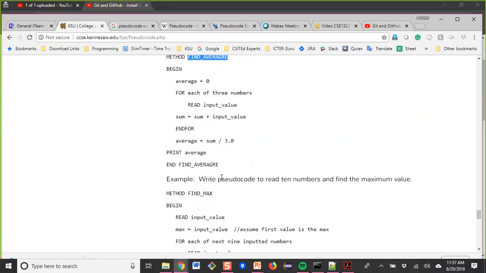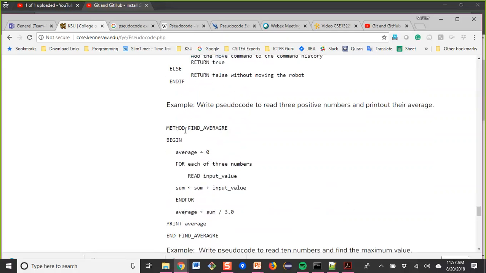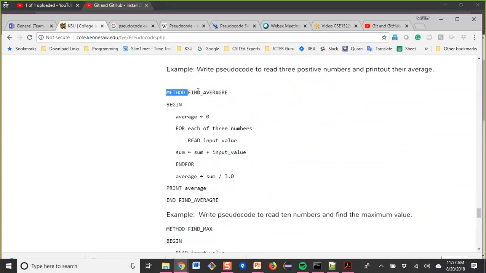For instance, if you name a block of pseudocode by a method name, you can reuse the whole code by this name. For instance, here the method starts with the method keyword, then method find average. So the entire block ends with end find average. You see the find average starts here and find average ends here.